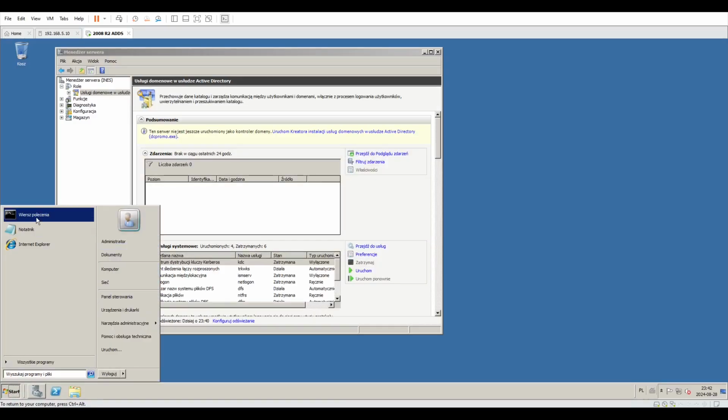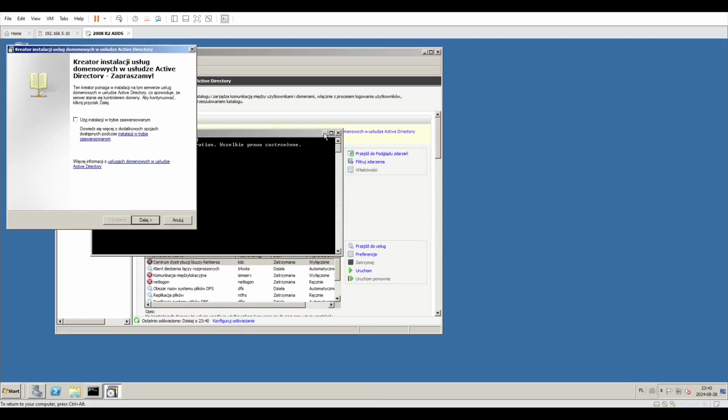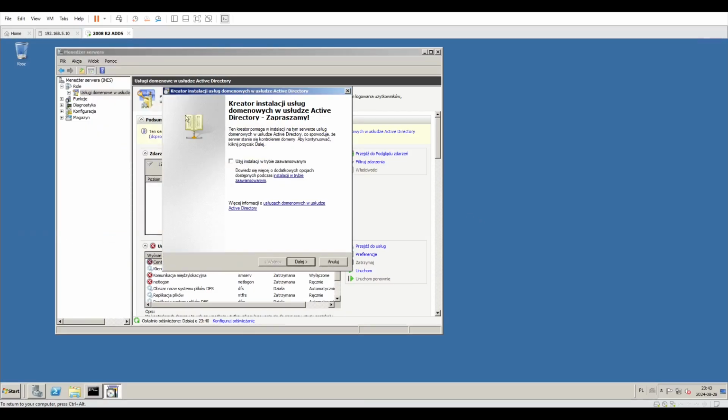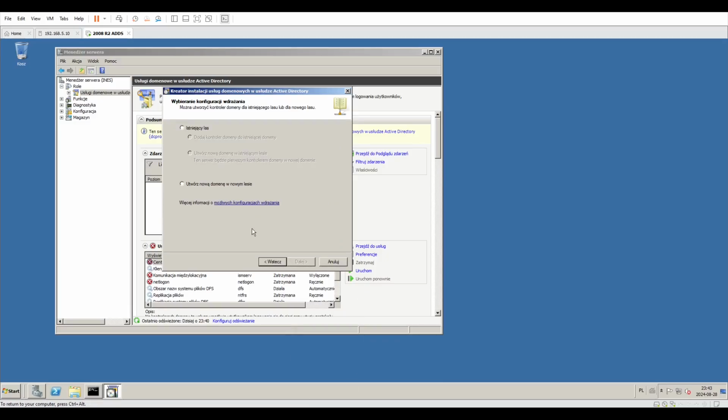And on the command line, if you run dcpromo, or use the link that appeared on the wizard's completion page, you can move on to set everything up. And if you're creating a new domain, choose this and choose this. But for a moment, I'm also going to need to return to the Windows Server